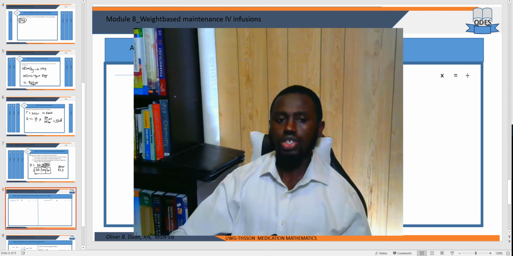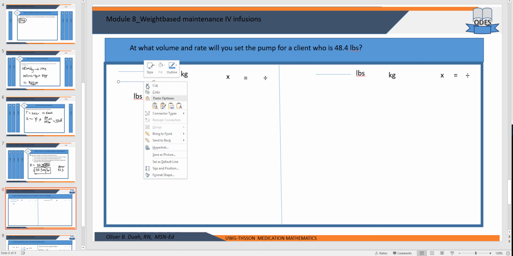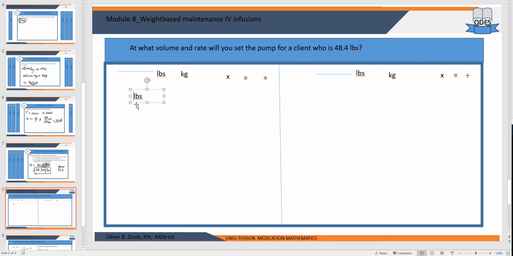The first thing we said to do is to find our weight, and so we are going to do that. And so we have 48.4 pounds,